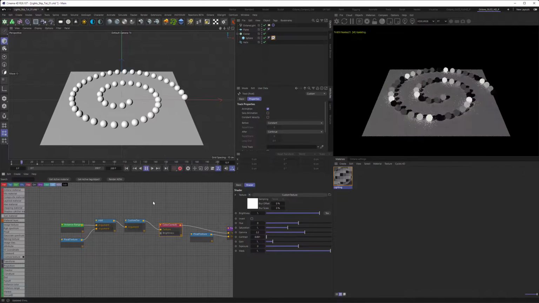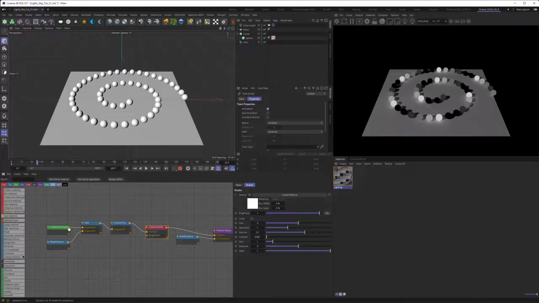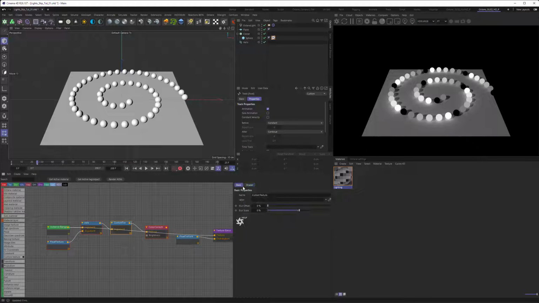We want to go a bit more advanced and make this a bit more tidy. As you can see, every now and then there are 2 spheres that are black, and this is not looking particularly nice. So let me explain what I want to do. To do that, let's plug in the instance range here real quick. So right now the start sphere is black and the end sphere is white. But when we pipe that through our fraction, and actually let's do that and call that fraction, what happens is that the start sphere is black and the end sphere is also black, because it will push down from white to black again.